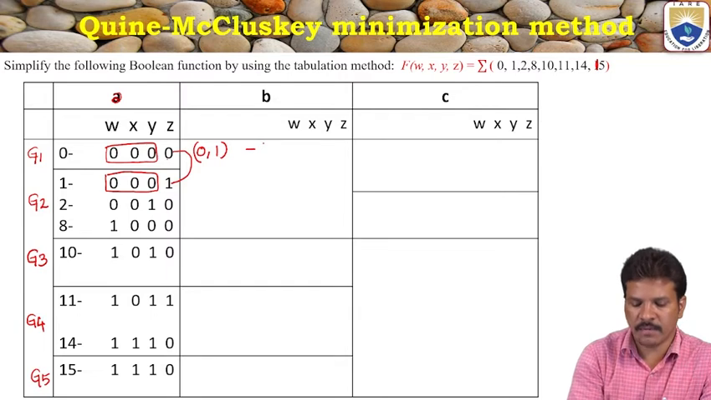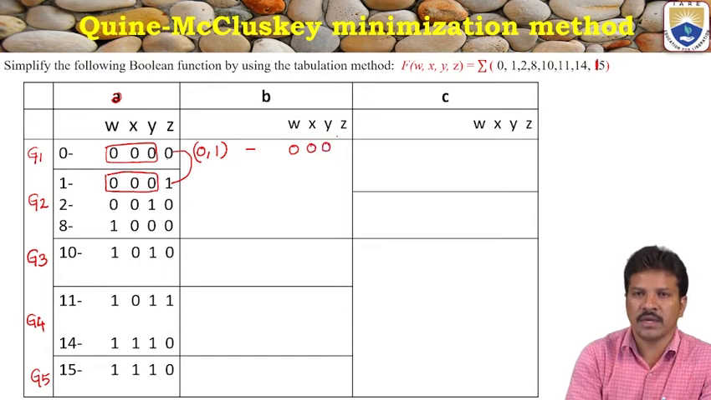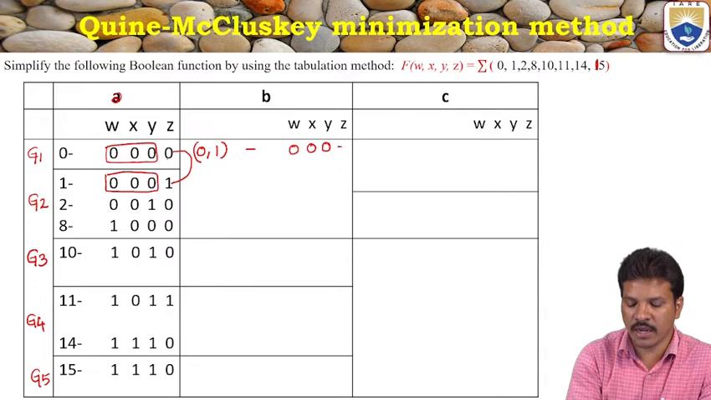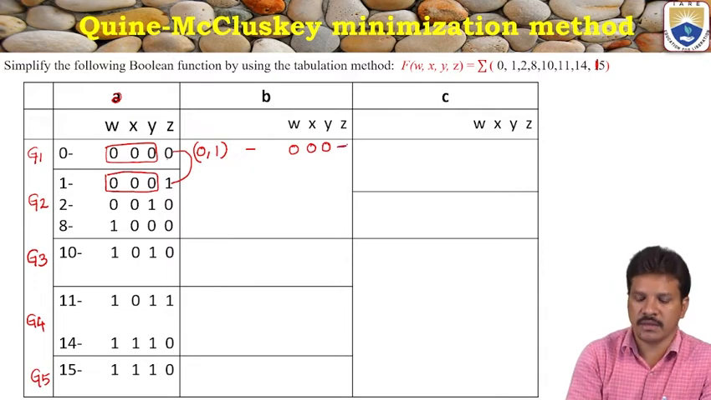This can be represented by W 0, X 0, Y 0. These 3 variables are common, but Z is the different variable. We can represent it by a mark, like an icon. And then